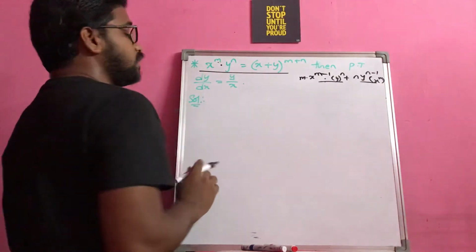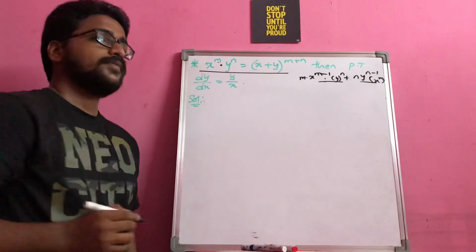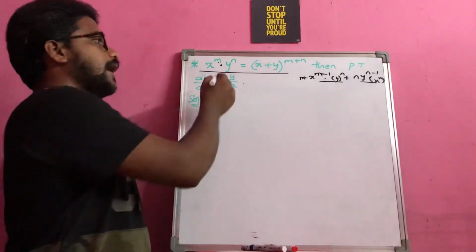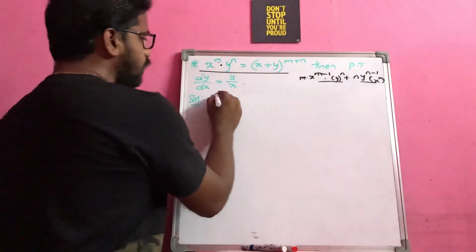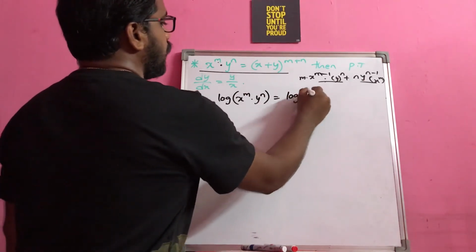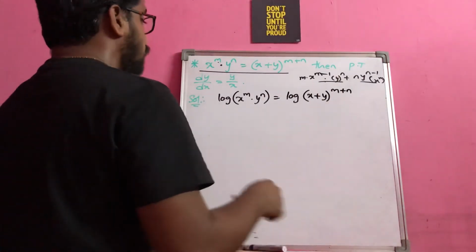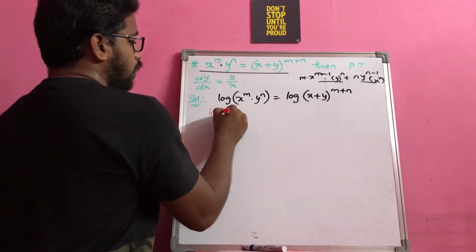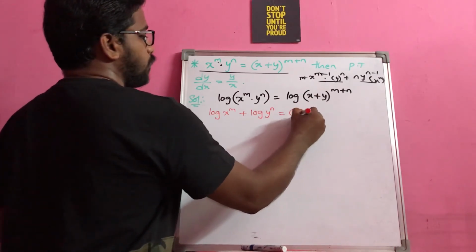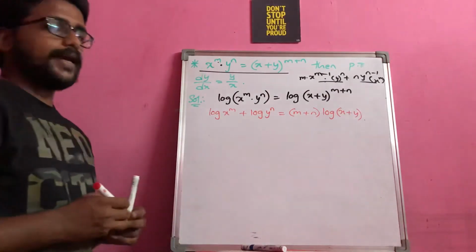And also one more reason which drove me towards logarithmic differentiation is that I am having a product here. We already discussed that logarithm will be applicable for multiplication and division. I am having multiplication here. So if I go ahead with applying logarithm on both sides, it will be a little bit easier for me compared to the other method of approaching this question. Right? So you can see here, this is a product, so this will become log x power m plus log y power n. This power will come from the property we discussed in the previous question itself, into log of x plus y. Now see how simply it became reduced.